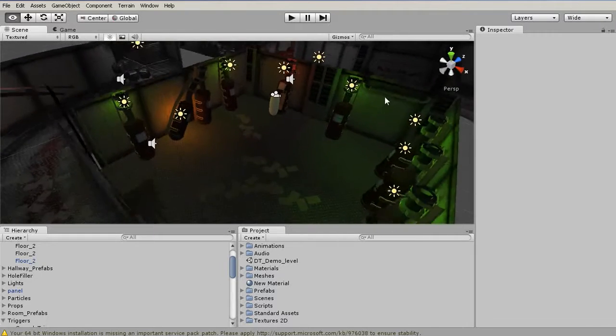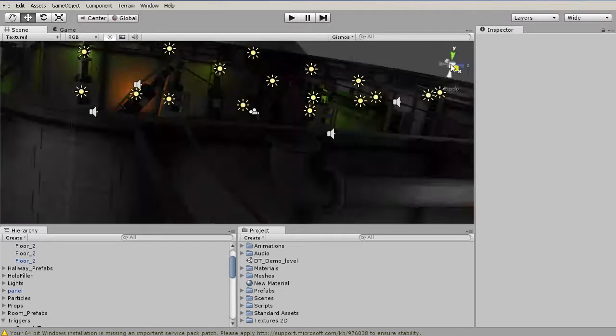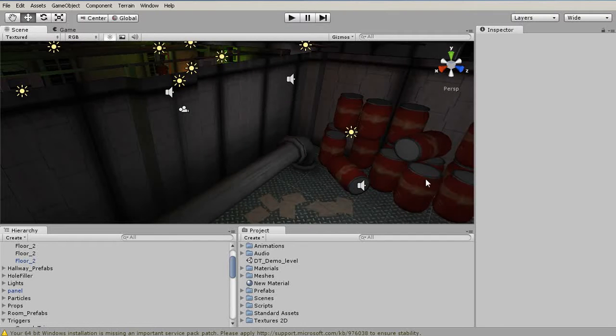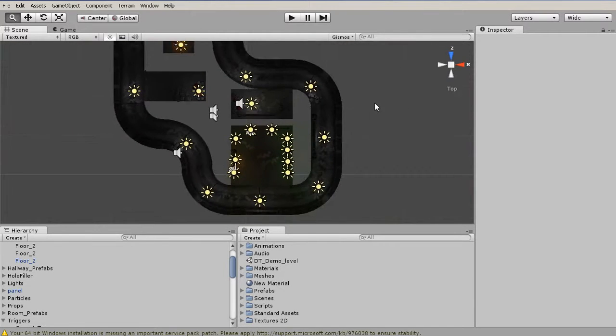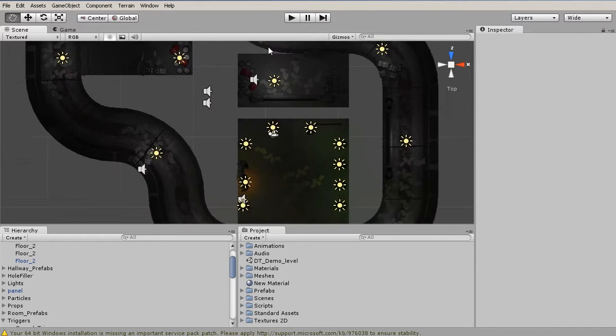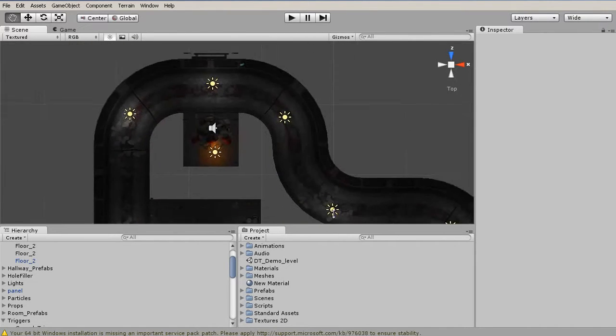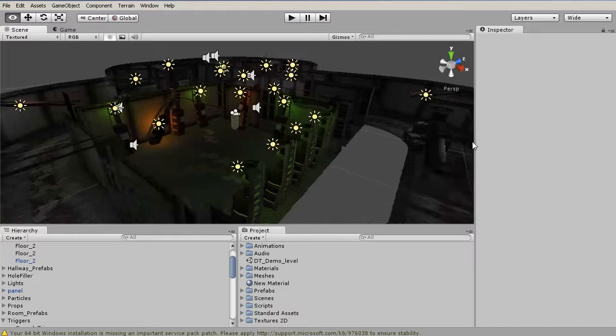So again, if you find your camera is stuck in isometric view, just click on the center of this scene gizmo and it will jump back right to perspective view. And again, this is very useful, for example, jumping to the top of our scene and being able to see an isometric view from the top down. And this is great, of course, as you can see, for seeing where our lights are, our audio sources, or any other thing. Once I'm done with this scene, just middle click in the center, and we're back to our